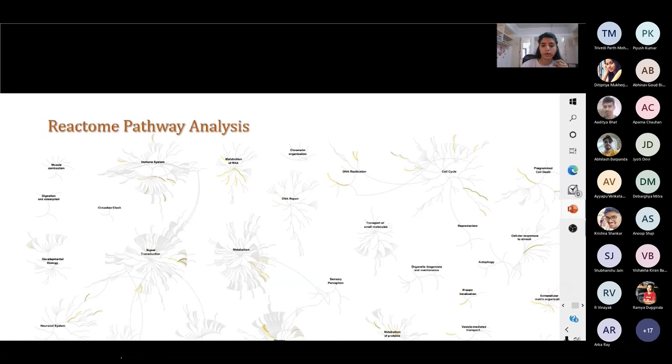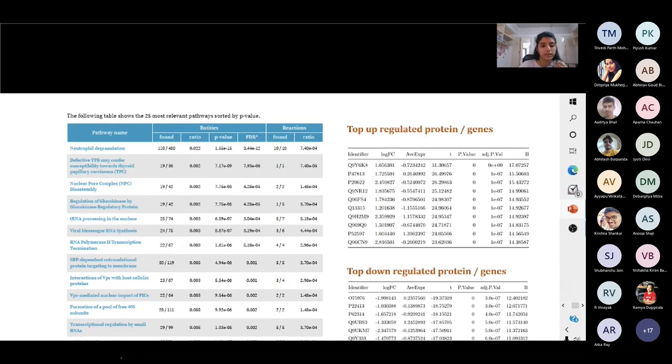So the volcano plot proteins were further analyzed for gene expression analysis, which shows that the topmost relevant pathway was sorted by p-value of 1. From this data file, it was observed that the following proteins were upregulated and the following proteins were downregulated. When the UniProt IDs were searched in UniProt, it showed that these proteins majorly fall in the signaling pathways in diseases.